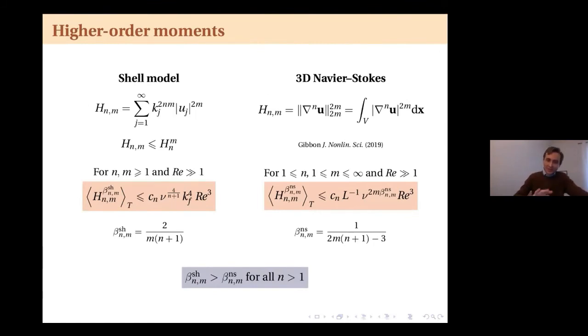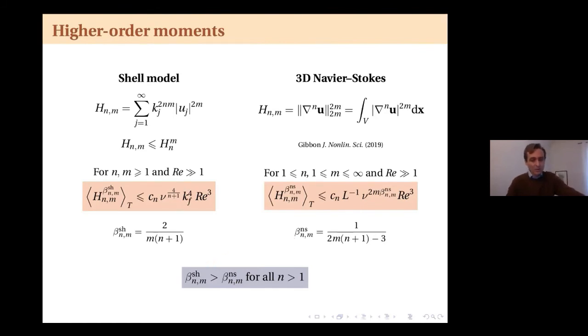Since there was a difference already at the level of m equal 1, we are not surprised that the difference carries over also to higher moments. And indeed, when we consider the Navier-Stokes analogs of these HNMs, which are space integrals of the nth derivative of u to the power 2m, through a proof which is much more difficult than the one for the shell model, we obtain these two estimates, which once again are comparable, but with two different exponents. And once again, the exponent for the Navier-Stokes equations is smaller than the one for the shell model, except for